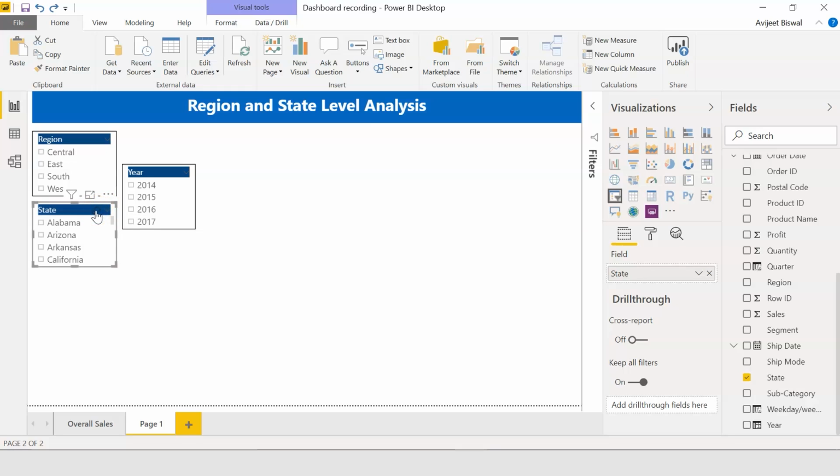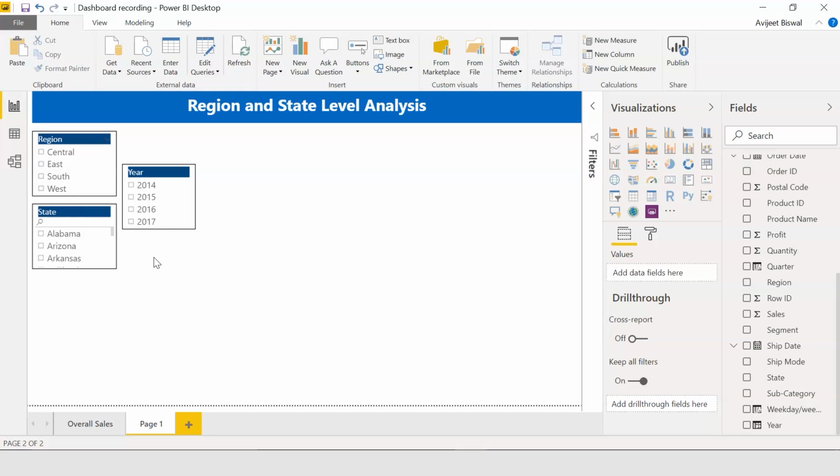So if I click on this, you can see there's a search option. Select that. So now in the search bar, you can search for any state you are looking for. For example, if you want to search for California state, you can just type on California. So I have just typed CAL and it shows me California. That's an important feature that Power BI gives you.